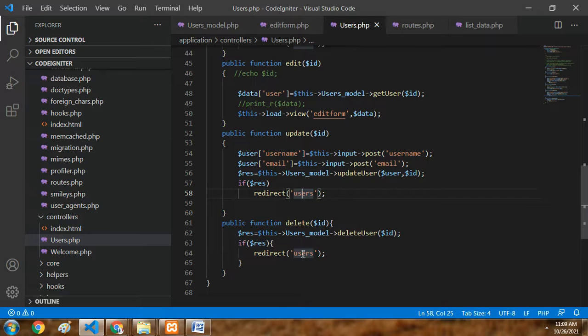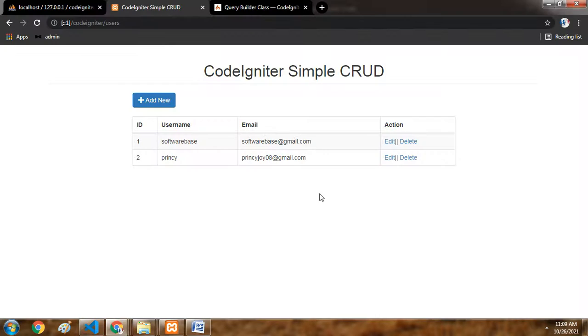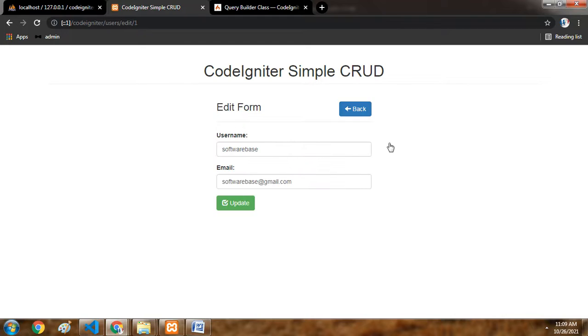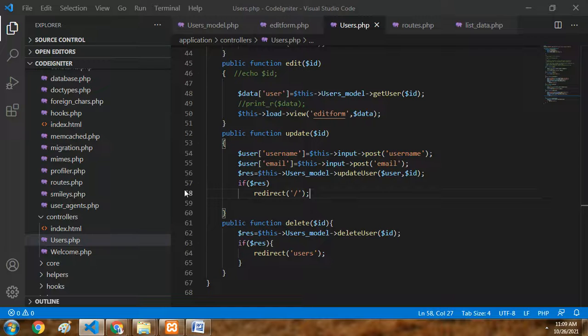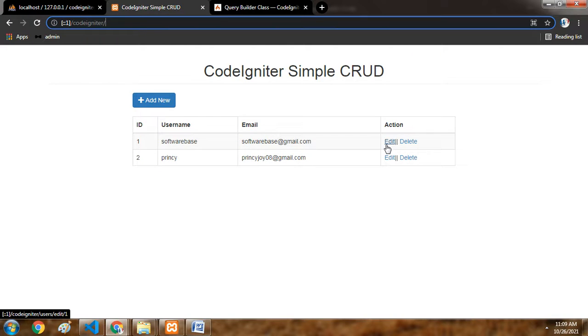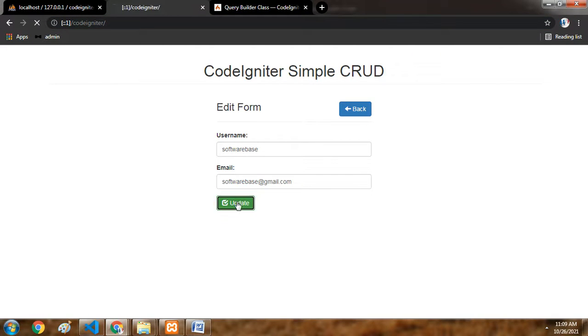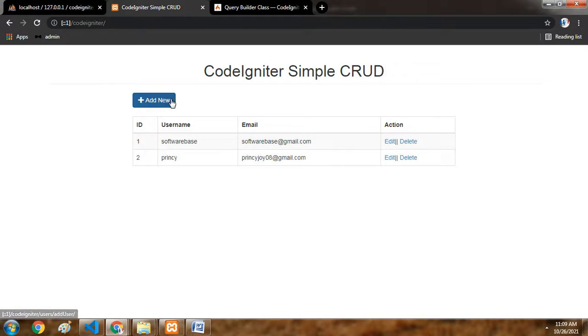Other than that, if you are giving it after updating like this also, it may take to the base URL. Let us check, just checking some variations also. After we are editing this, this also will go to the base URL like this. No need for writing users here. We can simply write like this also. Now because the default controller is the base URL users, we can redirect to the slash base URL also. This means base URL, simply slash. It will go to it, and also after creating one,